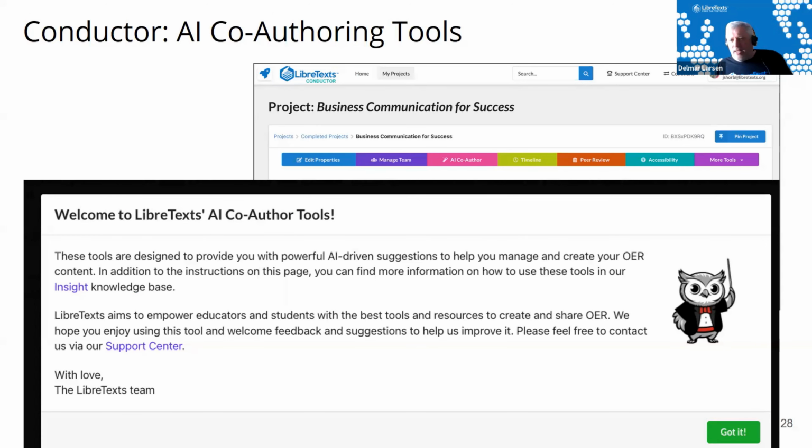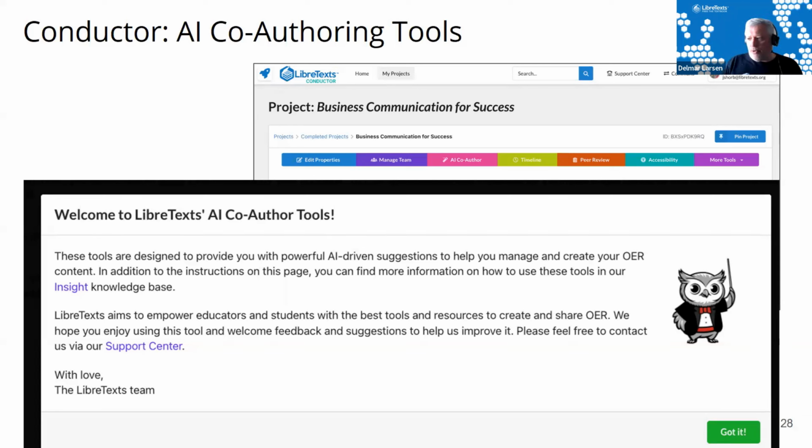So let me talk about something that I think is really cool. And that right there is the co-authoring tools. Everyone who's paying attention, and even those that are not paying attention to academia, can see that there's a significant shift going on with AI. And we're obviously watching that too. We want to figure out how to use AI constructively, and more importantly, how to avoid using AI in a destructive manner.